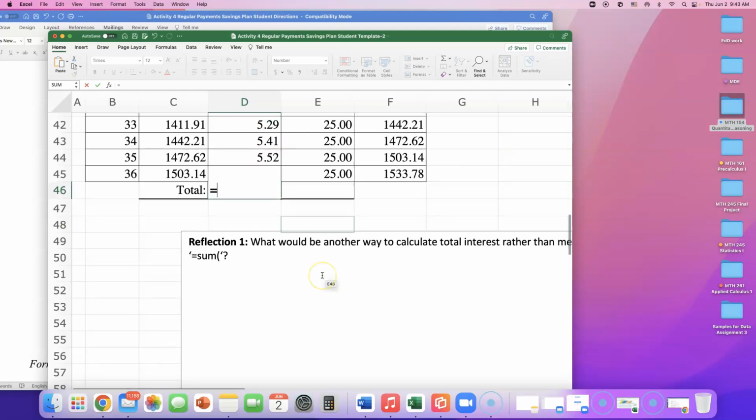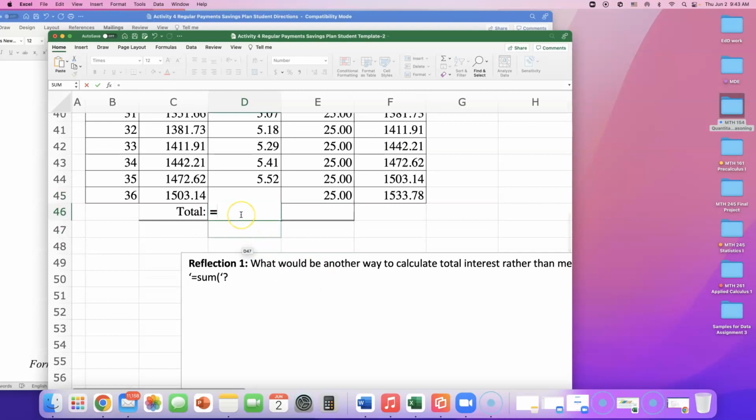So let's use a sum function. After typing in an equal sign in D46, type in SUM. The sum function will pop up. Click on it, and it's going to say, what do you want to add up? So when that equal sign, SUM, parenthesis opens, go up,